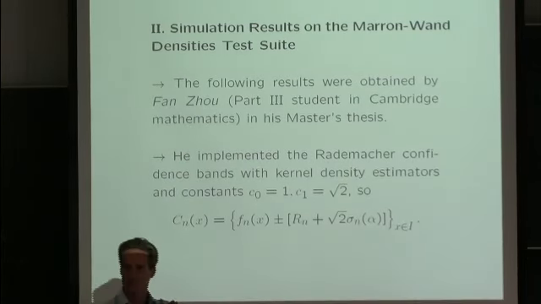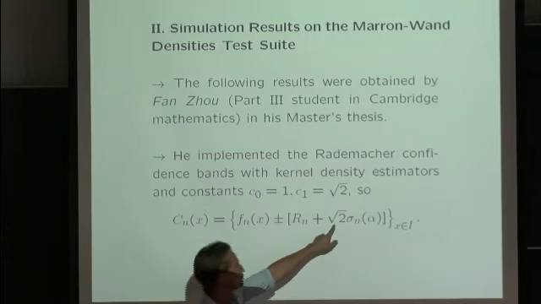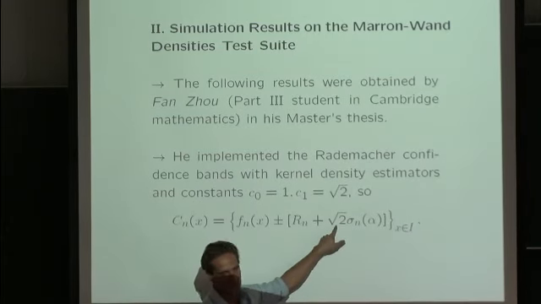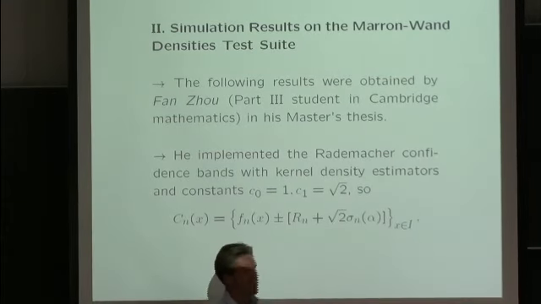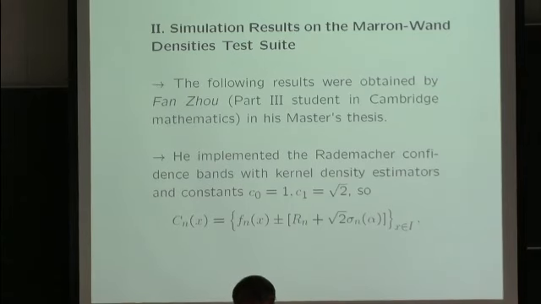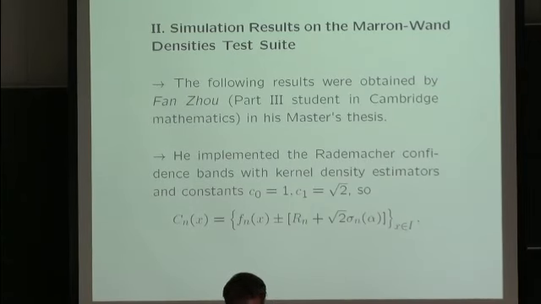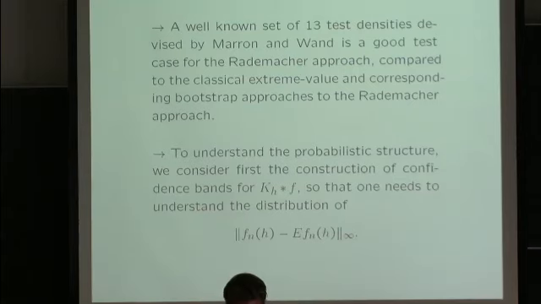It's not far away, but the constants, maybe I would have to put 20 instead of root 2. And then, of course, if you put, in theory, 20 for a fixed sample size of 1,000, this will return garbage. So you have to be a little bit optimistic. And when you take root 2 here,